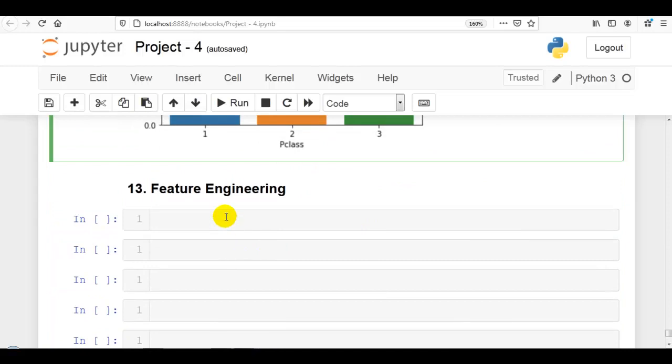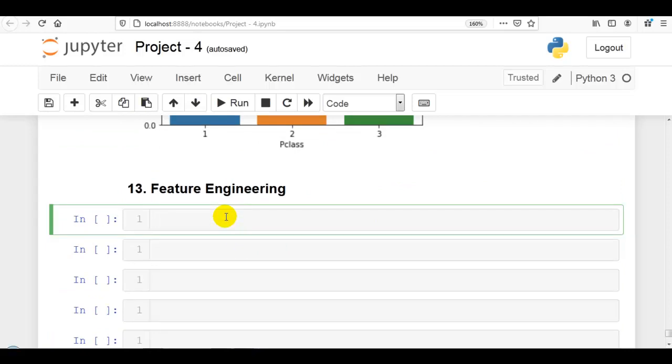So now next topic, feature engineering. Feature engineering is a process of using domain knowledge to extract features from raw data via data mining techniques. These features can be used to improve the performance of machine learning algorithms. Let me first display our column names.